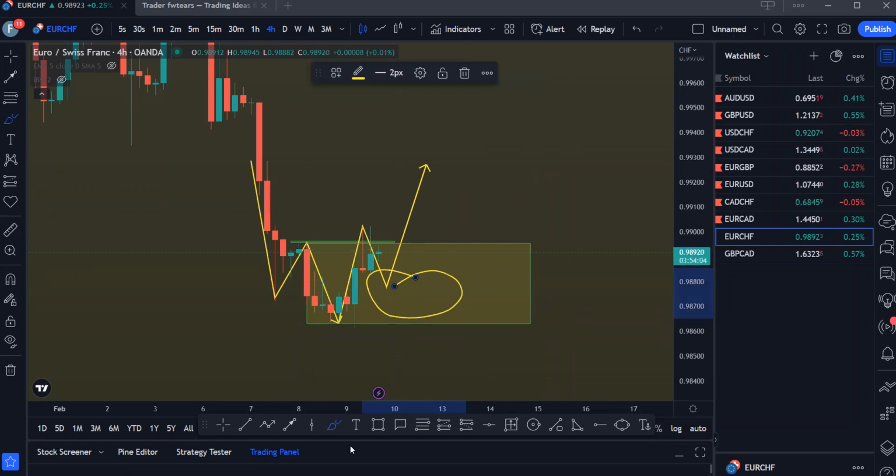Zacchaeus, is that clear? Okay, Zacchaeus, you said Euro CHF, exactly. Let me know if what I've explained so far is clear to you, Zacchaeus. And for everybody that would like to trade Euro CHF, let me know if that is clear. All right, so